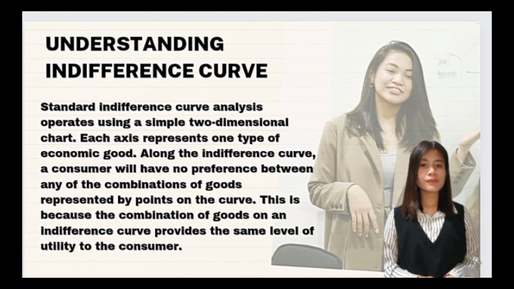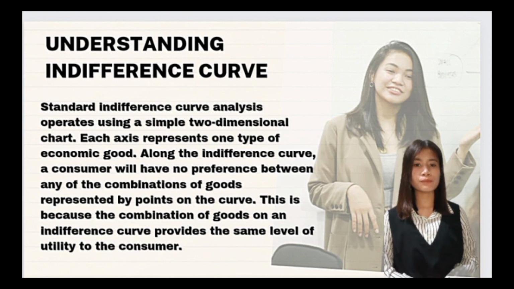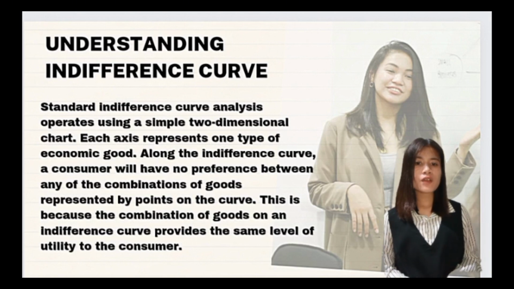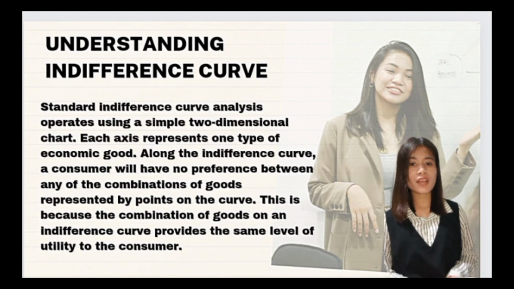Standard indifference curve analysis operates using a simple two-dimensional chart. Each axis represents one type of economic good. Along the indifference curve, a consumer will have no preference between any of the combinations of goods represented by points on the curve. This is because the combinations of goods on an indifference curve provide the same level of utility